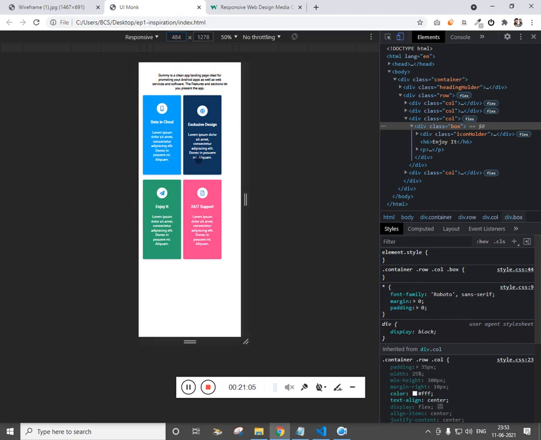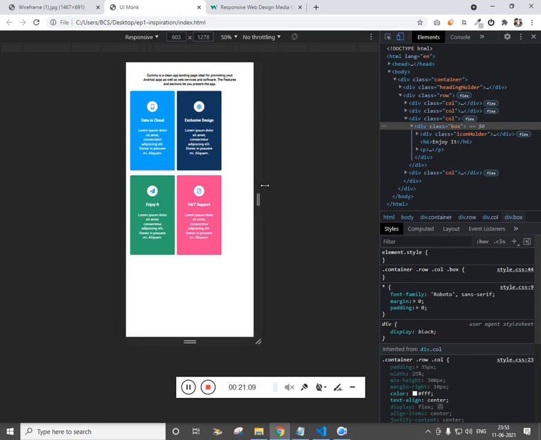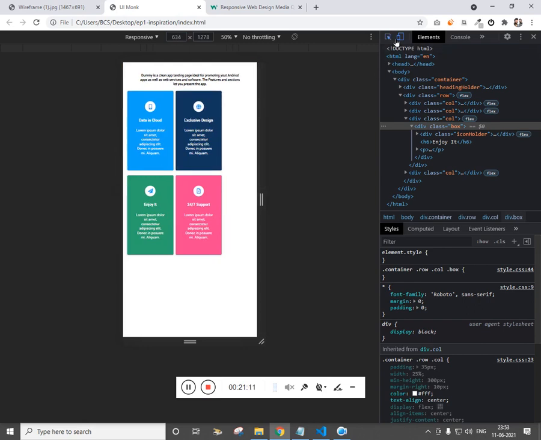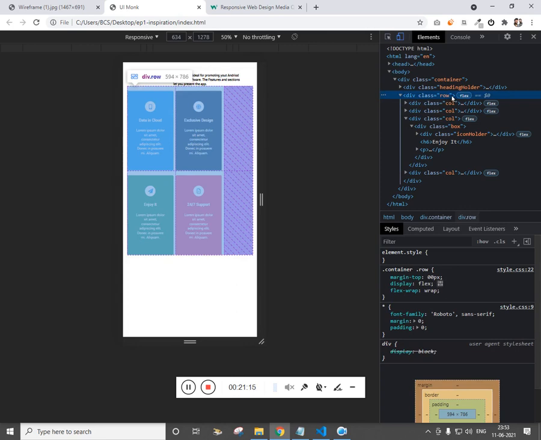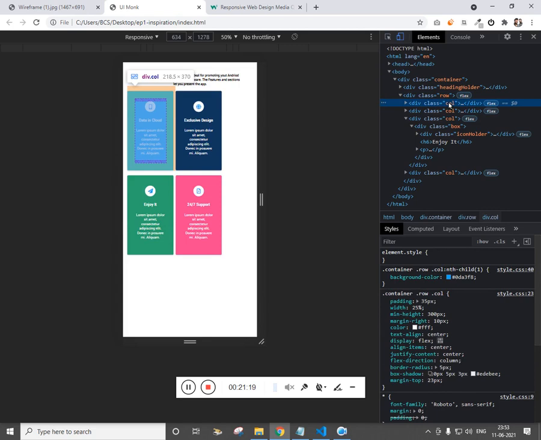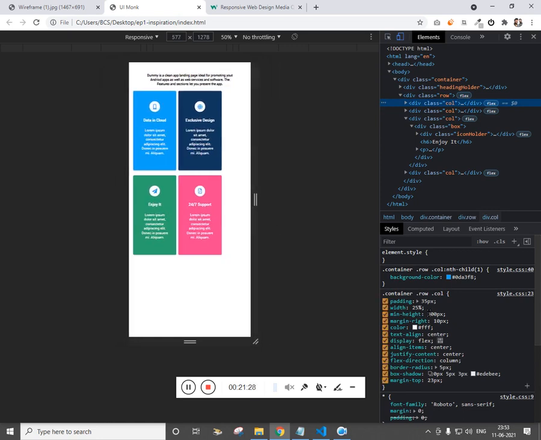So if you see on the mobile there is an issue. You can see this extra space over here. So why are we getting the extra space? Let's see. For the row, okay, and the column is 25%. Actually, let's try to make this 50 and check.